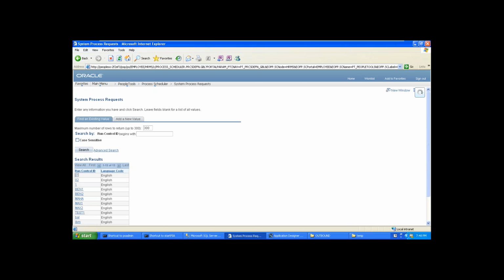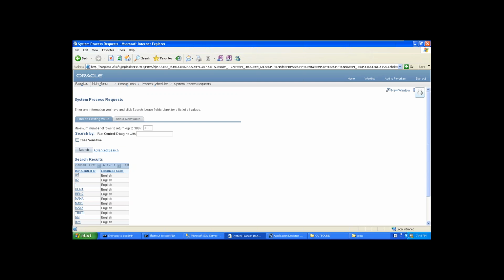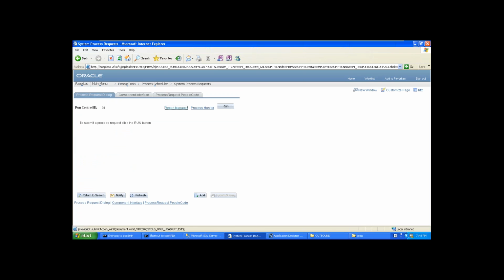We are picking the run control ID. Once you enter into the page, you will see this is the page. We can call it a run control page. It's a run control ID, and here is the text.